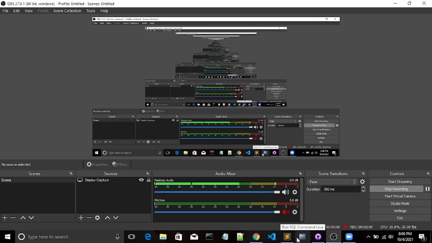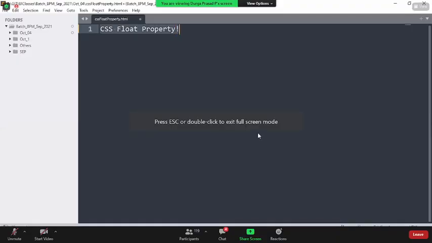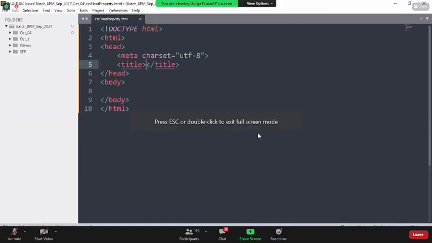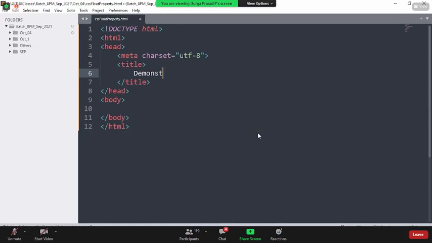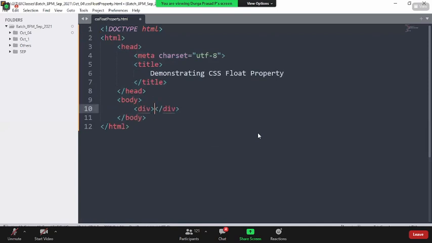I'll name this property.html, demonstrating CSS float property. Before that, let me create some elements like this.